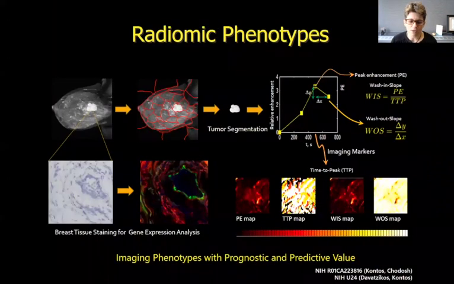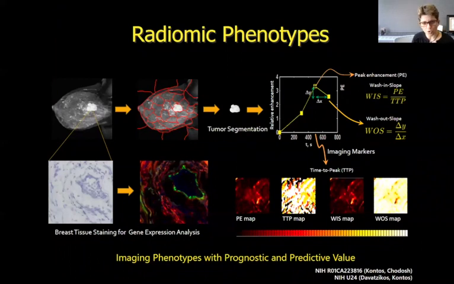So we'll talk a little about how we can utilize that information. A radiomic phenotype pipeline typically consists of several steps. For example, identifying the tumor location on imaging data. Here I'm showing an example of a DCE MRI scan with a large breast tumor, developing fully automated approaches to delineate the tumor and then extract various types of features.